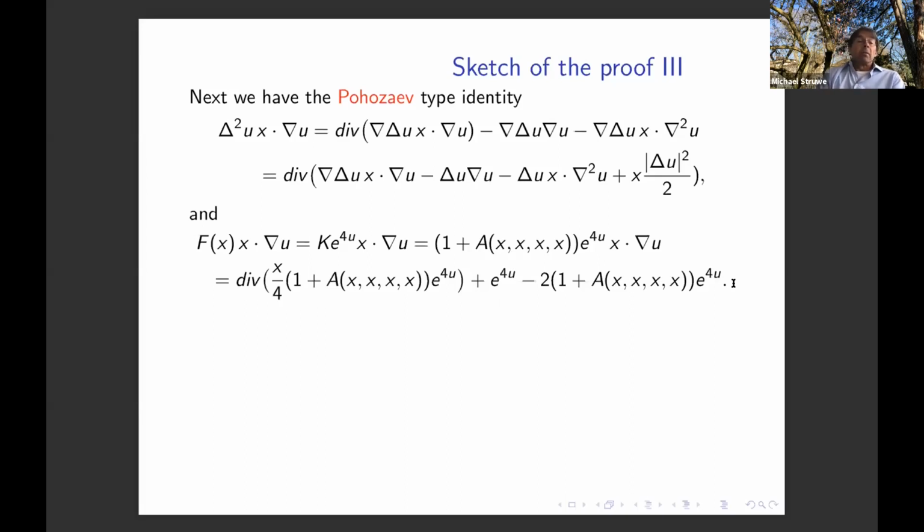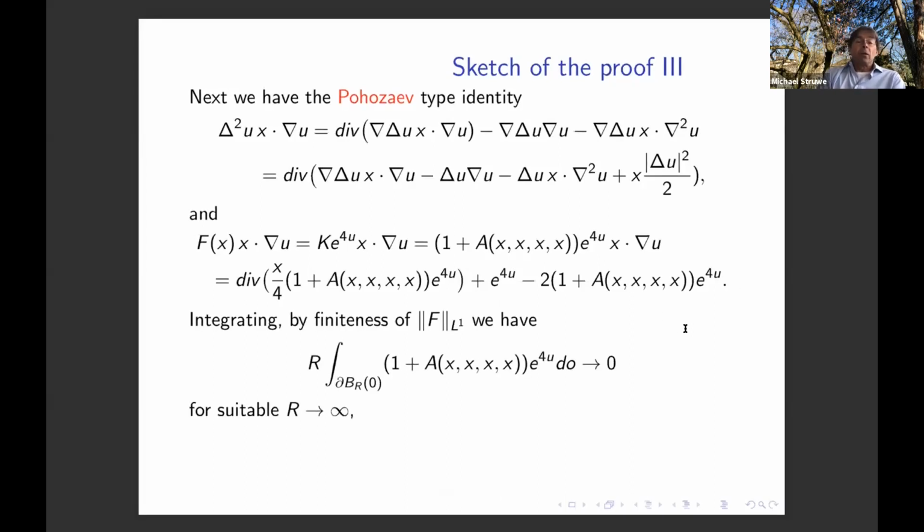So we now do this integration, and we observe that by finiteness of the integral of f, the divergence term here drops out when we integrate over a suitable collection of balls BR around 0 for suitable radii tending to